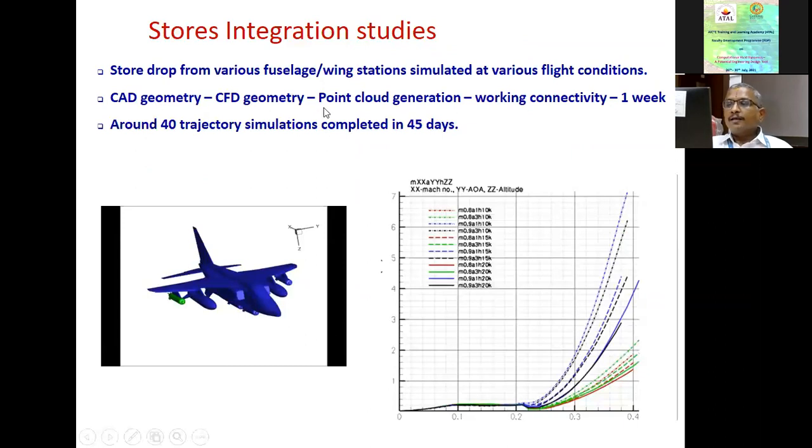So how does this start? When I say we have a working cloud of points with its data of surrounding nodes, which is called connectivity, we have to start from CAD geometry, then clean up that geometry to CFD geometry, because Dr. Majumdar would know what this really means. It takes a lot of effort. When people supply us geometry, they give close to what are called CAD geometries with a lot of holes and overlapping surfaces. It takes a lot of effort to clean it and get a watertight CFD geometry.